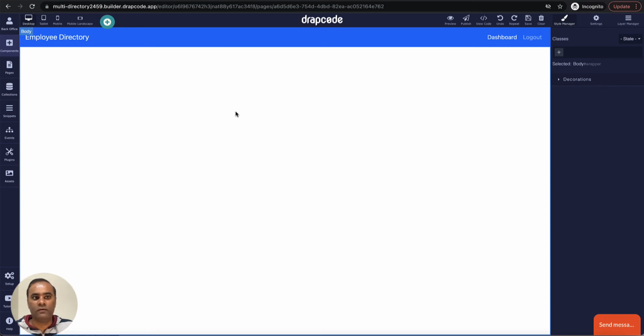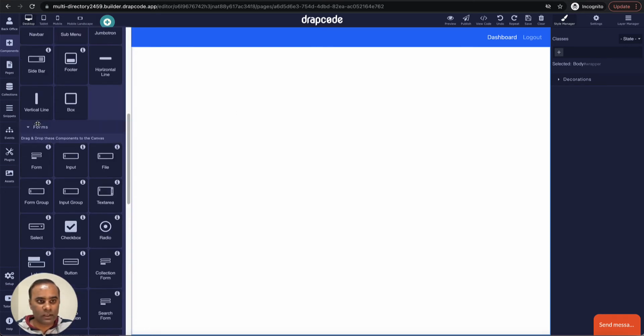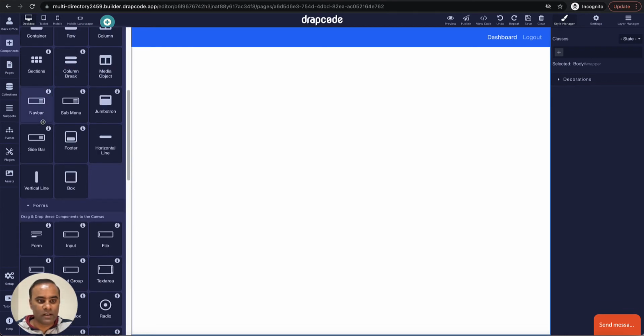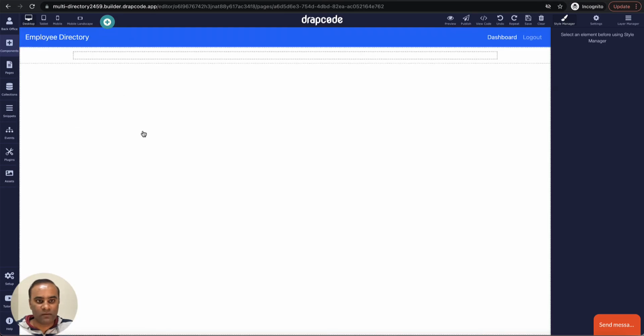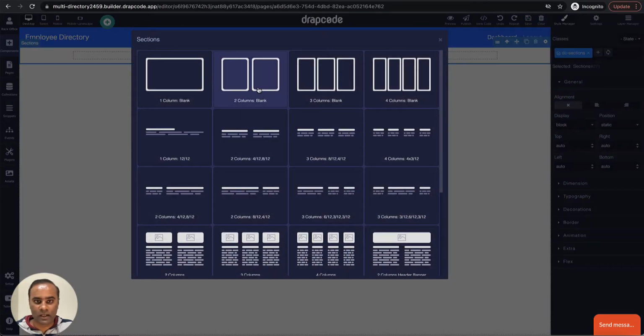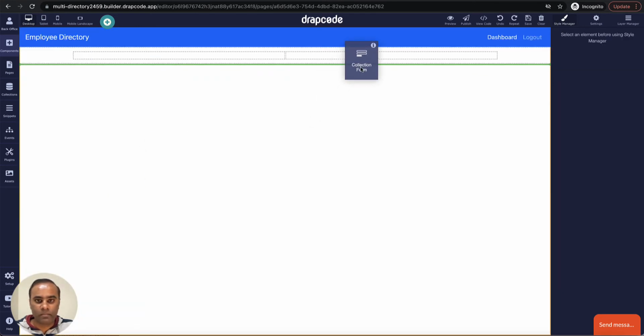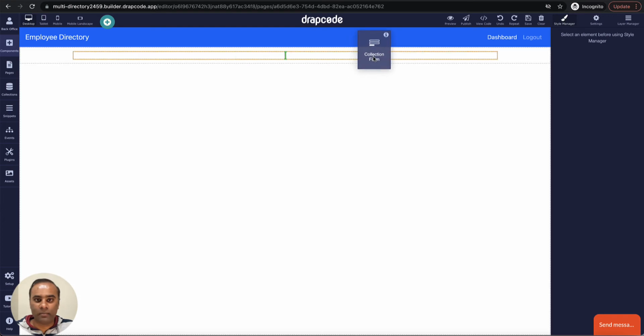So we will drop a form. Before that, let's drop some sections so that we can divide the page into a meaningful layout. Let's say I need something like this. That's all. Now we will drop a collection form, so that we can give the data of the employee and add that employee to the organization.